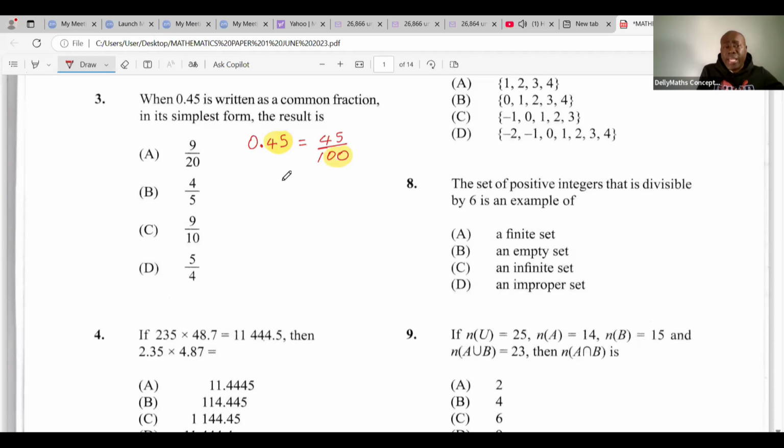Now, what we want to do is to cancel this down as best as possible. Whichever way works for you, it does not matter. Let us say we're using 5. 5 into 45, that's going to give us 9 times. And 5 into 100 is going to give us 20. And if you look, 9 over 20 cannot be broken down anymore, so that's where we stop, since we can't reduce 9 and 20 any further. So there it is. We go with that. Let us take a look at number